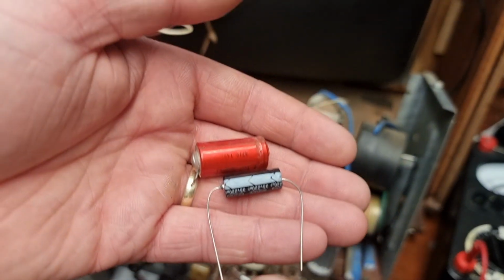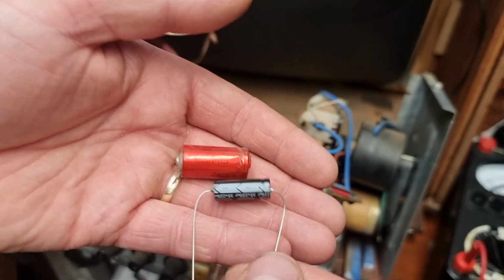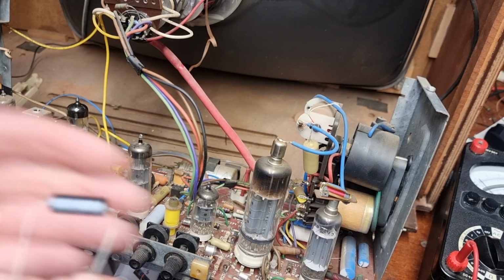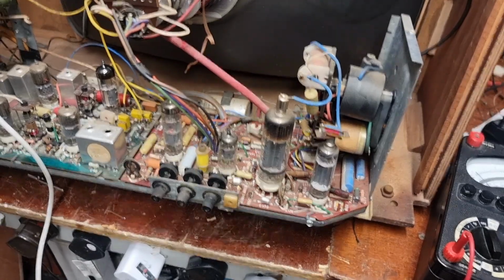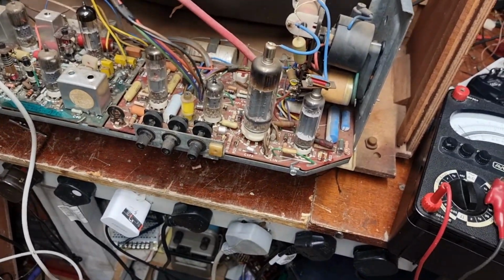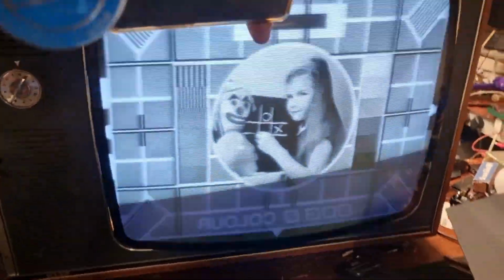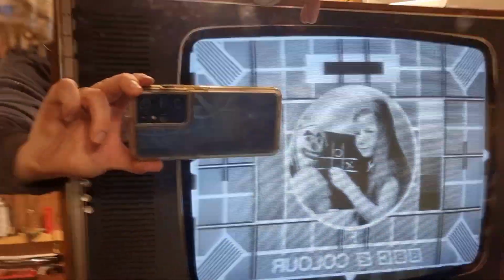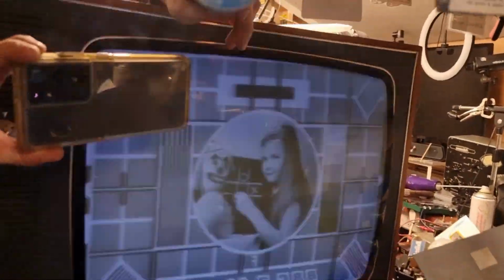I found a nice replacement here. Look at this, 220 microfarad, 35 volts. That's going to go in nicely. I like using axial caps when I find them in place of axials, so that's nice. New cap in, but sadly that didn't solve our problems. We still can't get the frame linearity right at all. New cap in. Looks like it was made for the place. We can get height, but we can't get...